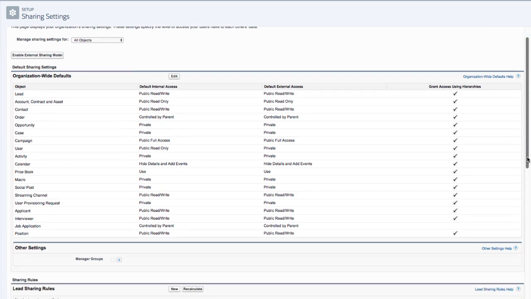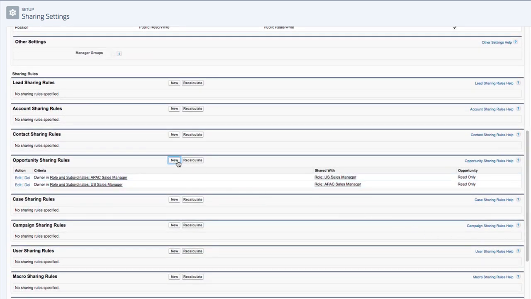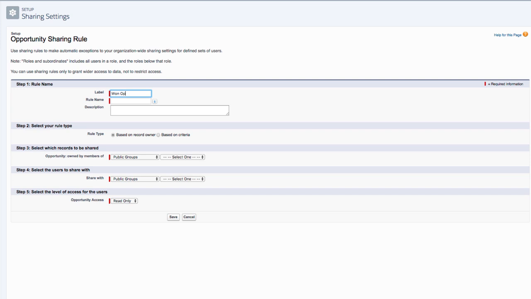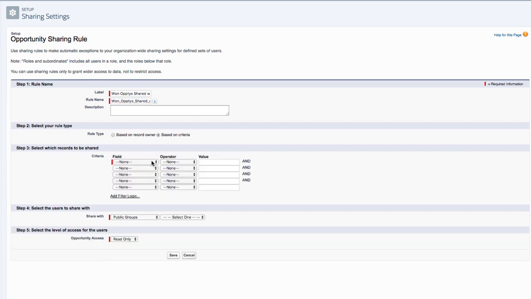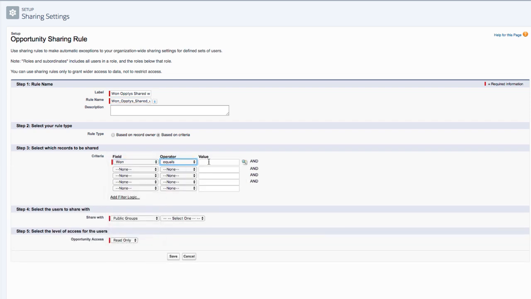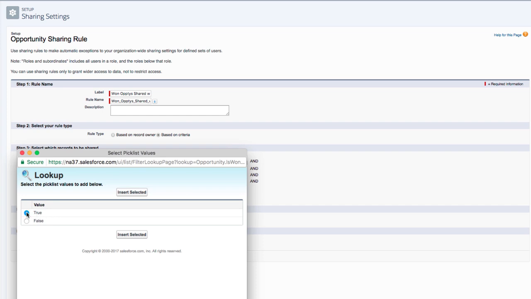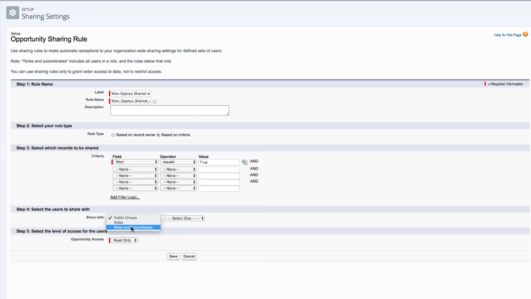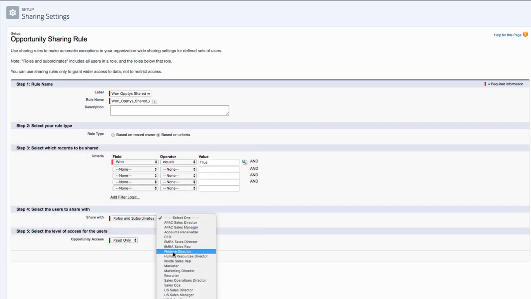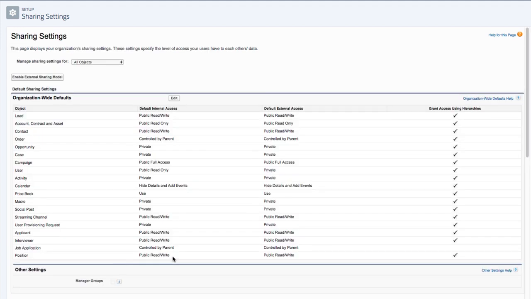Let's take a look at a rule based on record criteria. We want the finance team to have visibility into any opportunities that the sales team has won. This rule is based on record criteria, where the won field equals true. Any record that matches this criteria is shared with the finance director and subordinates with read-only access. Nice! Even though our org-wide defaults for opportunities are private, we've given access to the teams that do need visibility